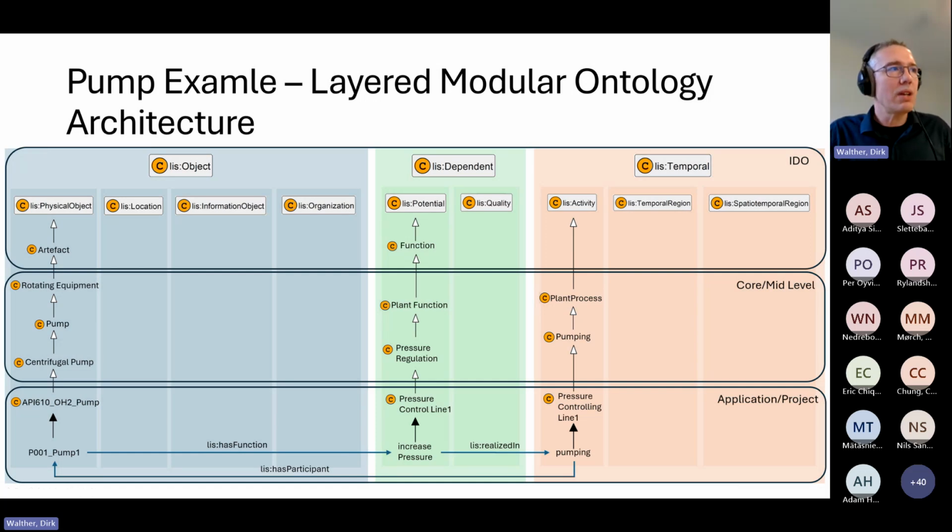Now, of course, there's a lot more to consider, but this is the basic scenario that you should have in mind. And I hope this gives a good starting point for working with IDO. There's a lot more to consider. You find this vocabulary in IDO and the vocabulary that is provided in reference data libraries that are aligned with IDO. Again, what does it mean to be aligned?